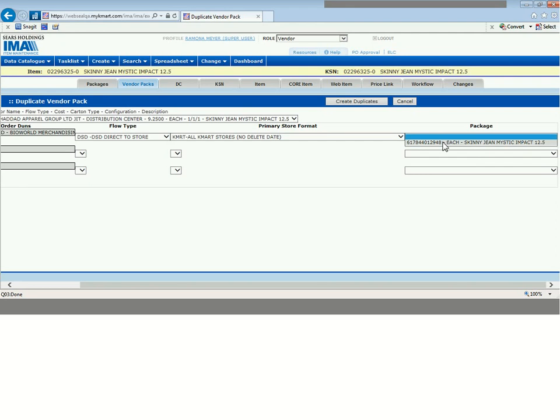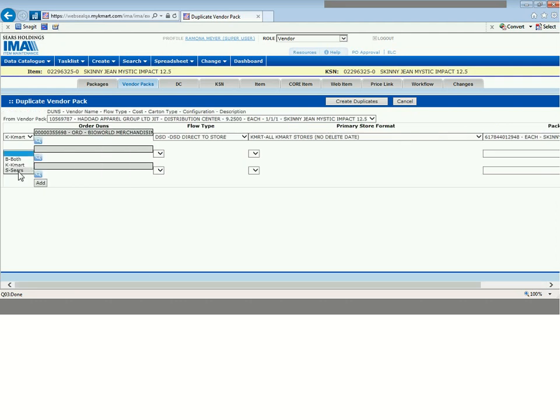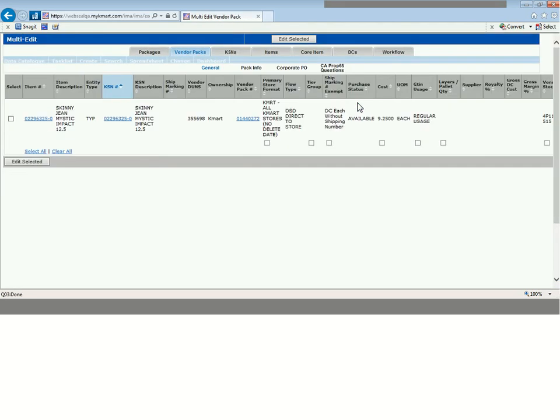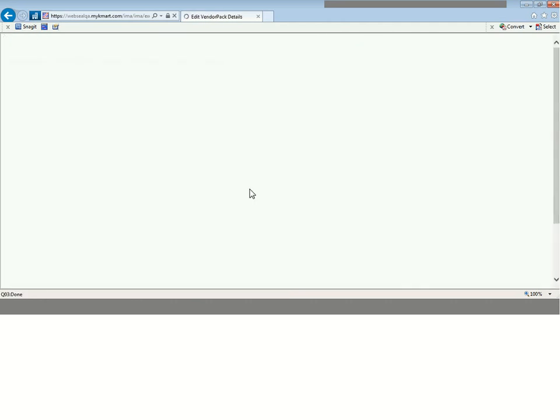Usually there's just one option here. Sometimes there's a couple if you have like a uniform carton on a single item. So I'm just going to select that one. And so if you had more than one, like let's say you wanted to do a Sears one as well, you could go ahead and do another line for your new Sears vendor pack. But we're just going to do the one DSD. And then click Create Duplicates. And this time, when it loads the vendor pack page, you just see this new vendor pack you created. You do have to still click into that vendor pack number hyperlink here, because there's a few additional fields you